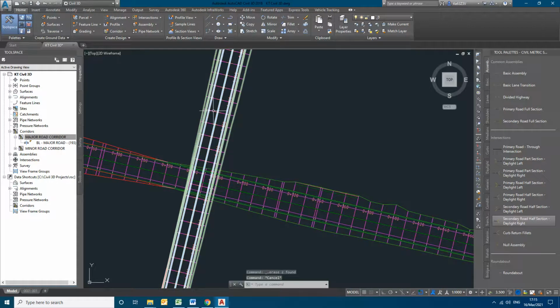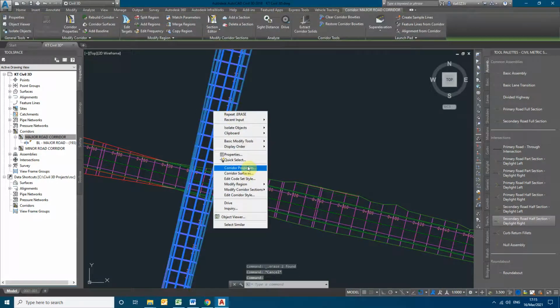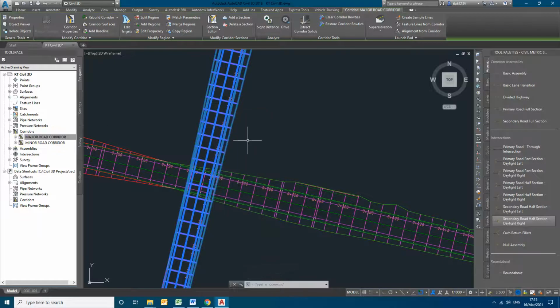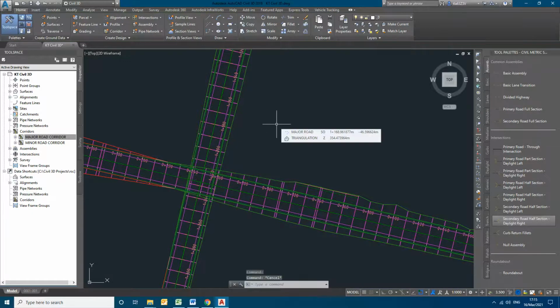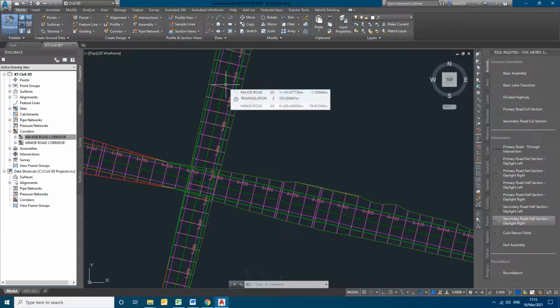So once the corridor is prepared, I have to create it as a surface. By making it as a surface, we will be dividing it into the sample lines. So the sample lines are the lines for which, that is the interval for which the earthworks will be calculated. So if we don't provide the sample ranges, it will by default take the values for every 10 meters, as we had mentioned while creating the corridor. To run the corridor at 10 meters, the same default value will be applicable.